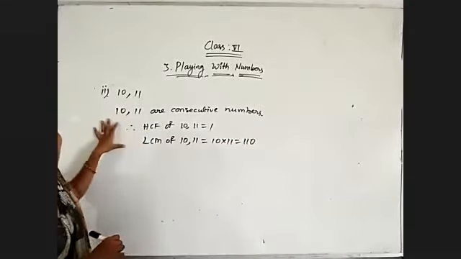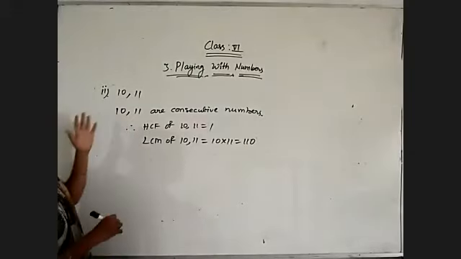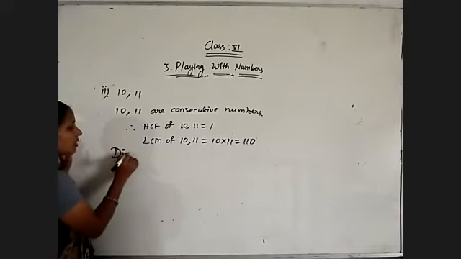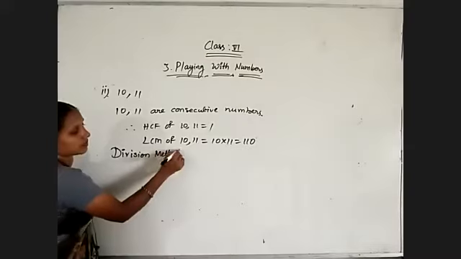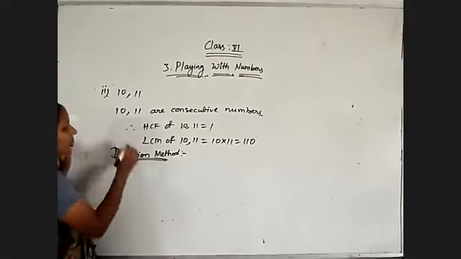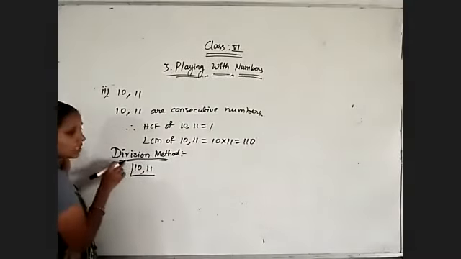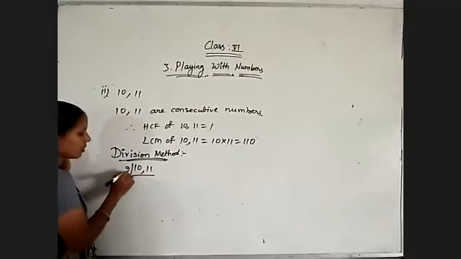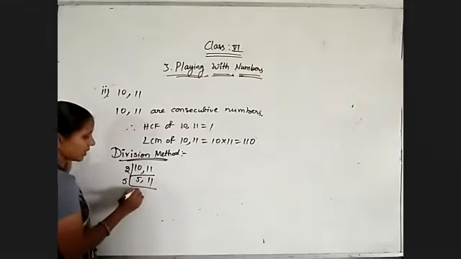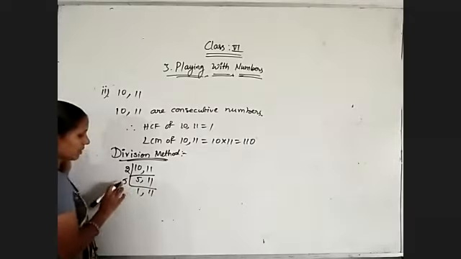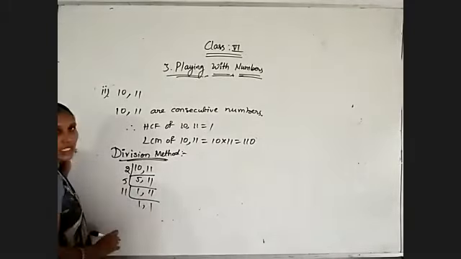So for bits, whenever they are given like this, we can do it this way. If you want to do the solution, use the division method. What we will get, we will check. Division method: 10, 11, take at a time. Now, because it is the division method, 2 table, 2 fives are 10. 11 we will not get in the 2 table. 5 ones are 5, and 5 is a prime number, finished. That's all. So now 11 is there. So 11 ones are 11.